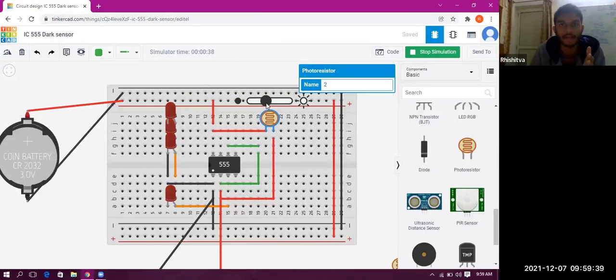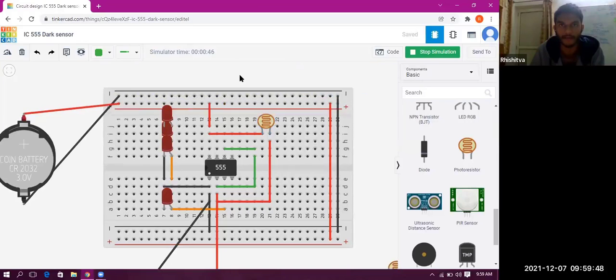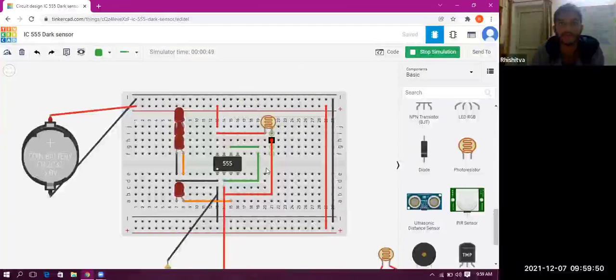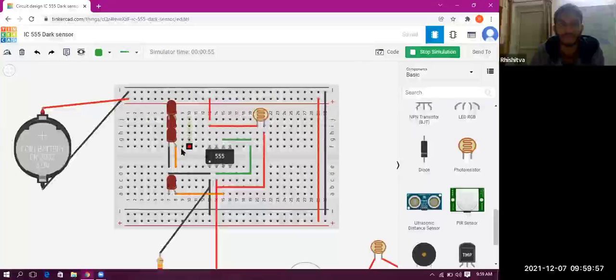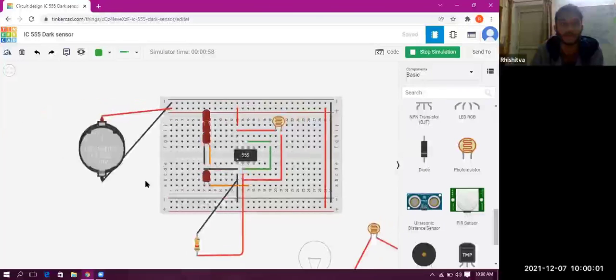But when the sun rises, in the morning and afternoon, the sun is at maximum. So the resistance will be maximized and current will not flow. Over here we use this 555 timer IC to get an input from this photoresistor, and then these LEDs will not light up. I will explain it to you later on.